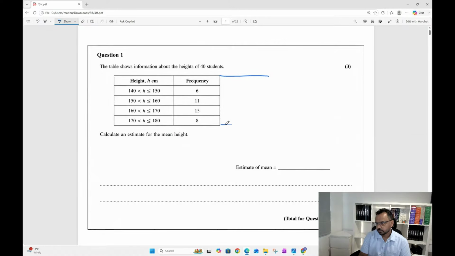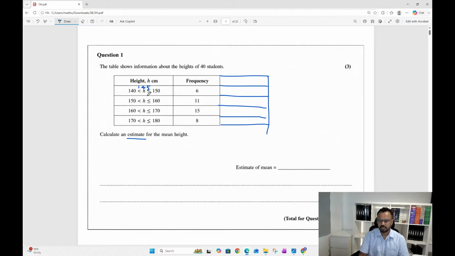Now, this question is about the heights of 40 students. We are asked to give an estimate for the mean height. We don't know the actual height of these people, we just know the height range. So we'll have to estimate the height of an average person in each group to be